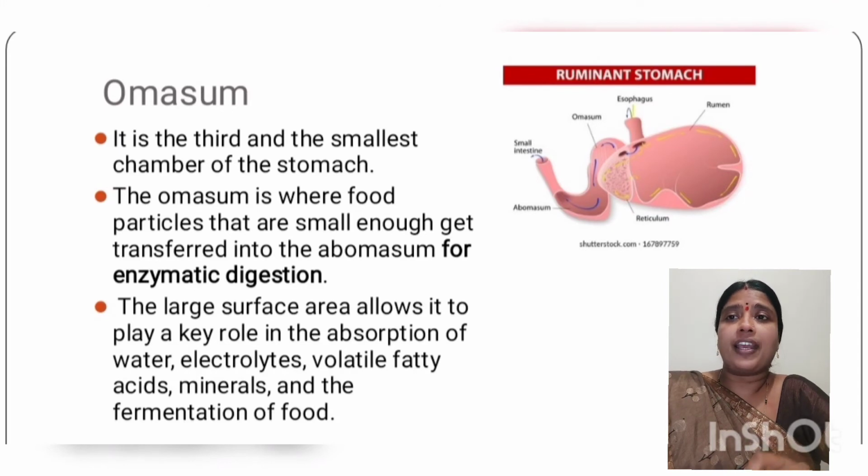Now this is the place where the food particles that are small enough get transferred, and here further digestion takes place with the help of the digestive enzymes that are present there. It is the place where the water is absorbed, and also the electrolytes, fatty acids, minerals, and fermentation of food also takes place